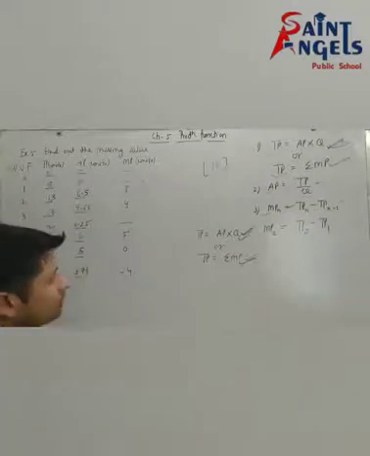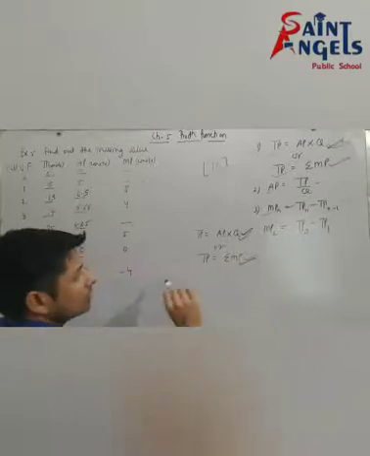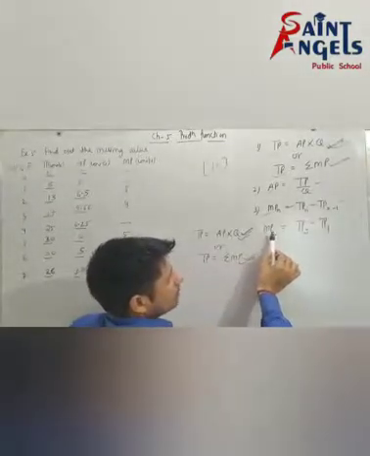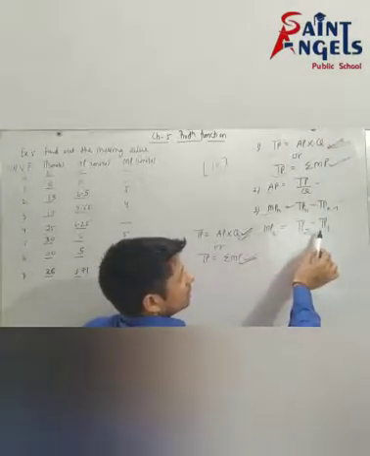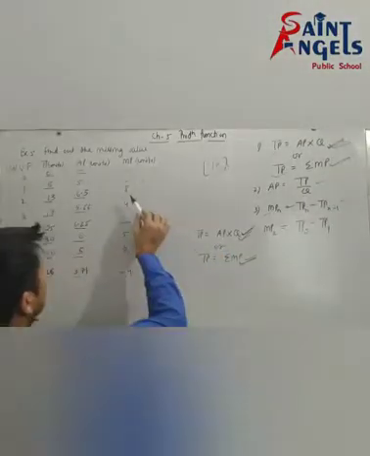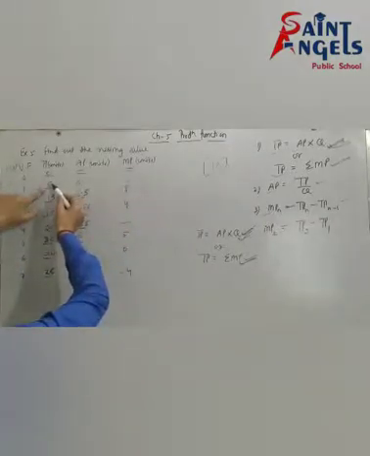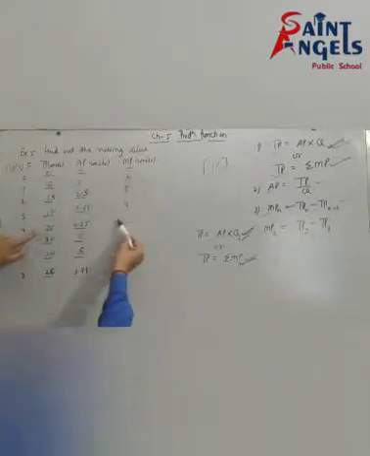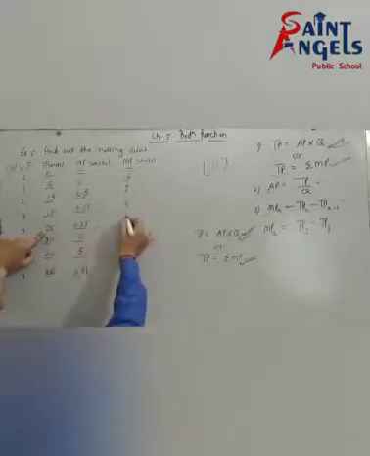Value of MP. What is the formula of MP? TPn minus TPn minus 1. Suppose if you want to calculate value of second variable, marginal product of second variable, then you have to subtract TP1 from the value of TP2. See, first will be dash. See, do second minus first. For this, second minus first means 8.